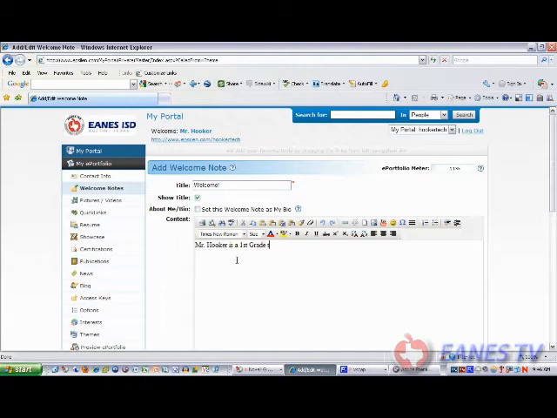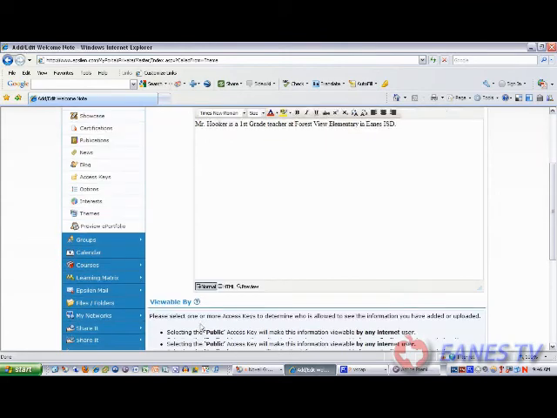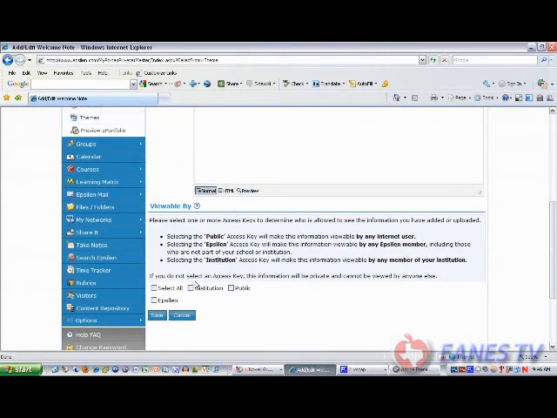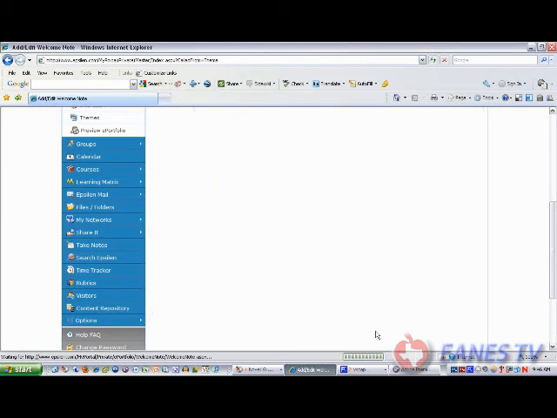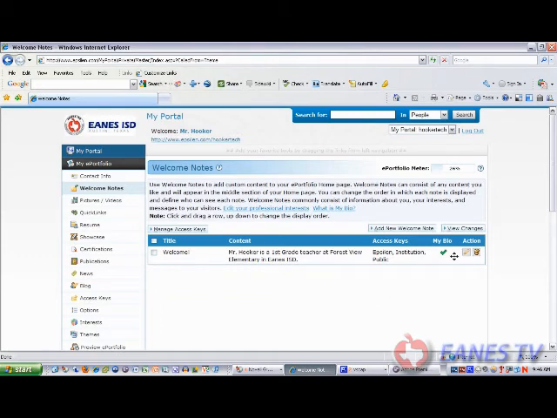Or my fictional self in this case. I'll even put in a fictional elementary that could be a part of Eanes ISD. And then I'm going to go ahead and set that as my bio as well, because I don't want to type that twice. And hit save. You could preview it if you wanted to. I want to go ahead and let everyone see it, so I'm going to select all, save it, OK,